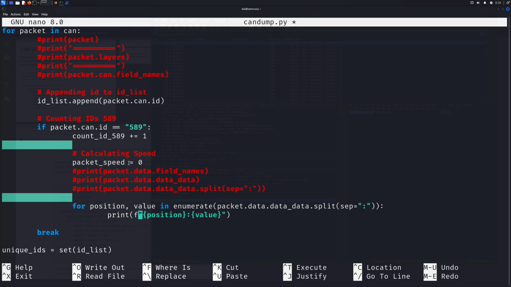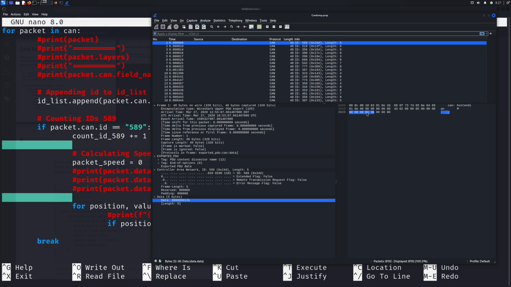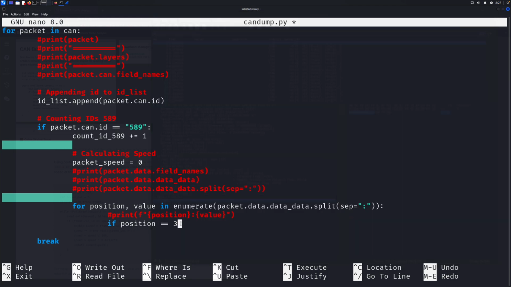And now what happens if the position is position 3? I'm going to add an if statement here. If position equals 3, we know that we are working with this position here, 0, 1. So if position is 3, what we need to do is increase the packet speed value, which during the first iteration is actually 0, and we are going to add